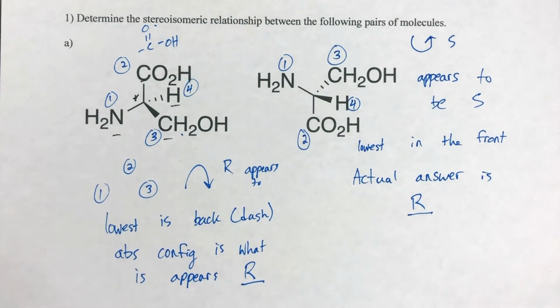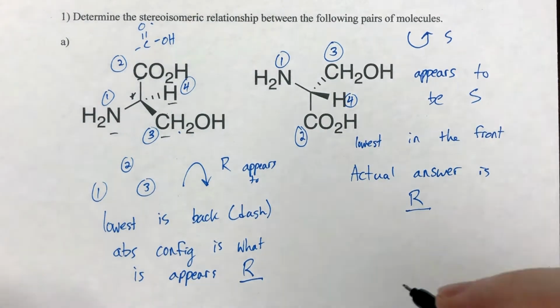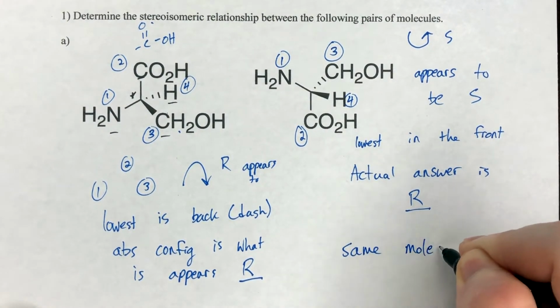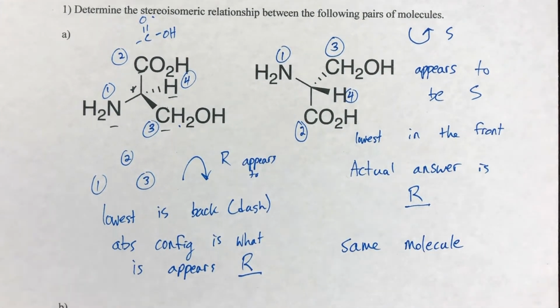So now you just compare the two absolute configurations. We have R and R. That is the same. So these are the exact same molecule. They are identical. There is no difference. They are not enantiomeric pairs, because remember, enantiomers will have all of their chiral centers with opposite absolute configuration. So if this was an enantiomer, you would have an R for our one chiral center here and an S